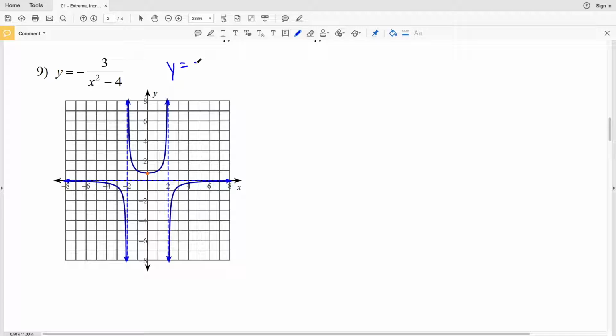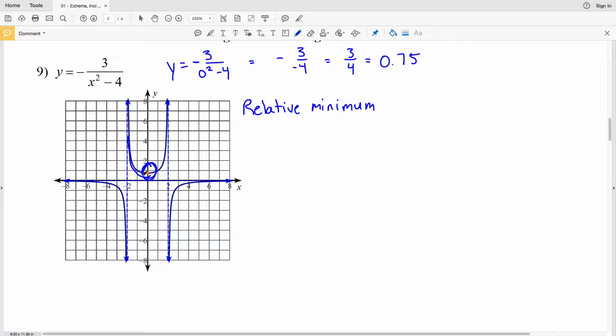That means that y is going to equal -3 over 0 squared minus 4. So that's going to be -3 over -4, which will be a positive 3/4, which in decimal form is 0.75. So our relative extrema, which is a relative minimum, because it decreases until it hits that point and then it begins to increase, so it is the lowest point in its region, occurs at 0, and on our answer key, they rounded to 0.8